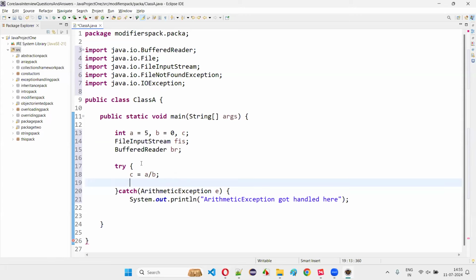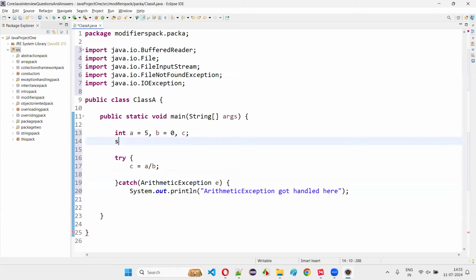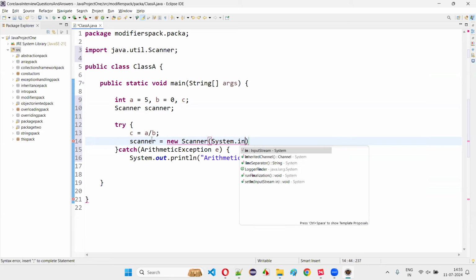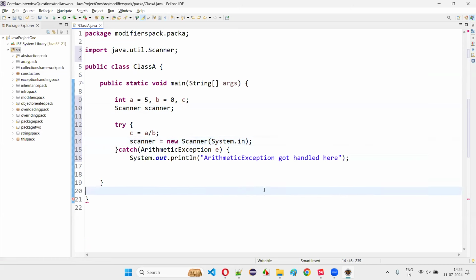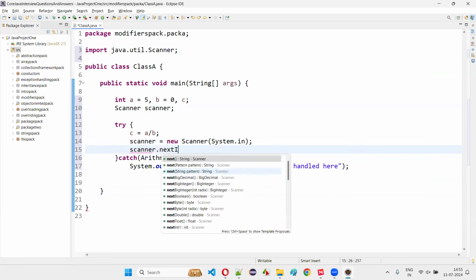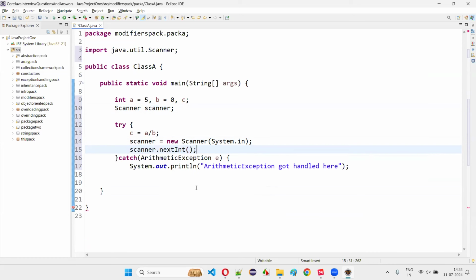That is nothing but the scanner, guys. Scanner, semicolon, control shift O, scanner is equal to new Scanner of System.in. I'll put a semicolon here. This will read the data from the user. Why, if I put something in, scanner.nextInt, scanner.nextInt, like this, I'll write